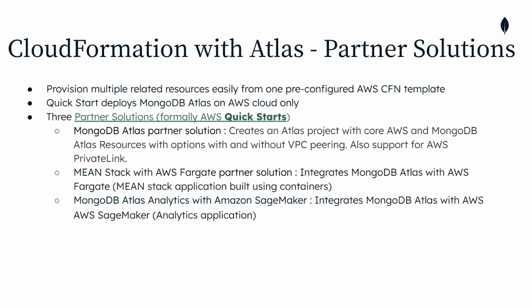Another way to get started, the partner solutions, is much simpler, as I mentioned, because they group together a couple of resources for specific use cases. So as of today, we have 3 partner solutions, formerly known as quick starts. The first one is the Atlas partner solution. If you want to just create an Atlas project and deploy a basic M10 cluster in a single region with or without VPC peering, you can do all of that with a single click through the Atlas partner solution. And of course, you can customize it based on your requirements, but it gives you a quick start to begin